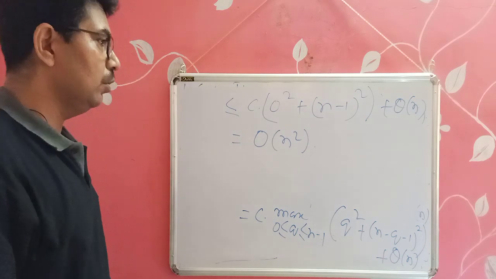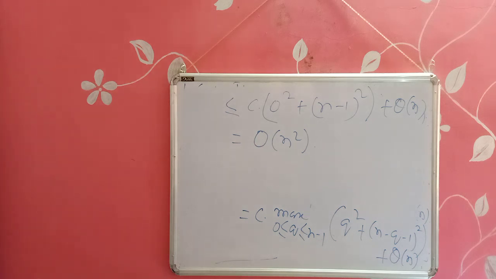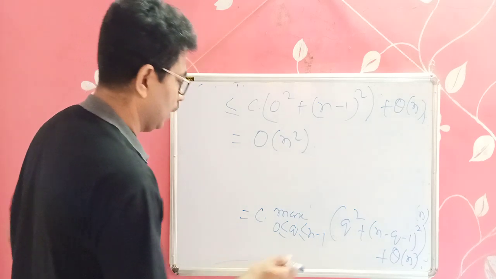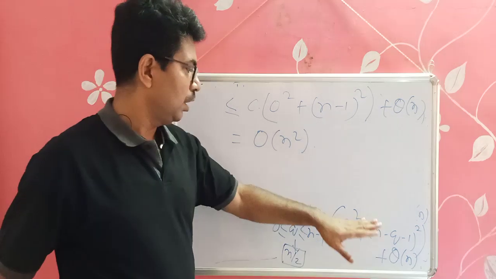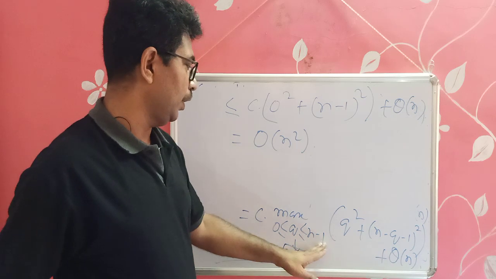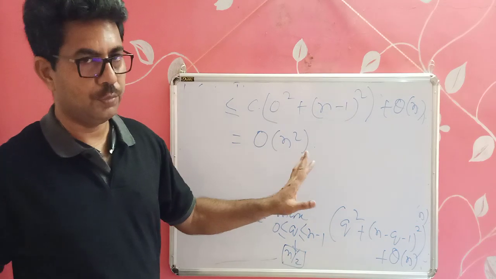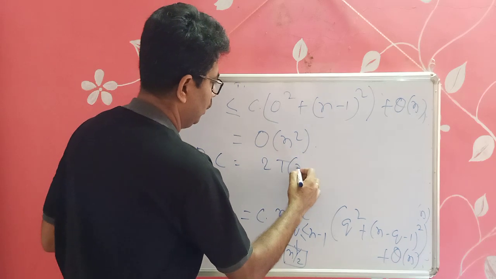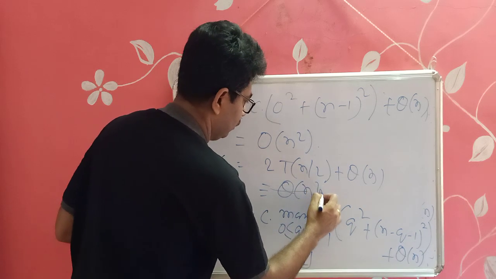Okay. Now we will go for finding the average case or the expected running time. Similarly, the best case we can get when q is at the middle. That is, the maximum we get when q is at an endpoint, and the value is minimum when q is at the midpoint n by 2, which we can prove. Hence the best case time complexity will be 2T(n by 2) plus theta of n, which is order of n log n.